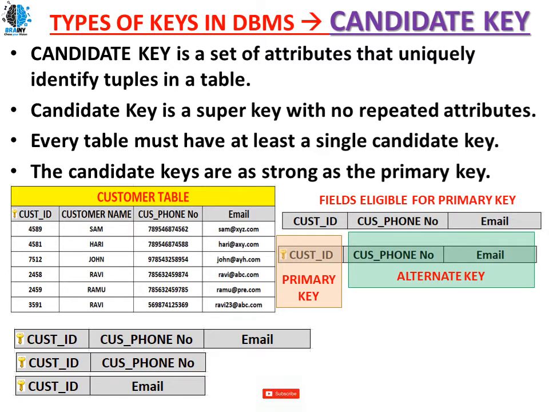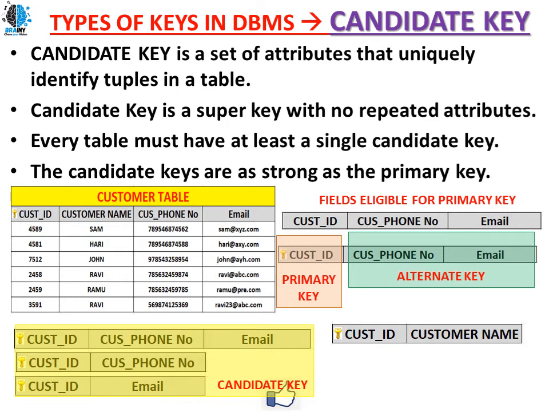All the permutation combinations I have here are along with primary key and alternate key. So alternate keys and primary keys together will create the candidate key. These are all our candidate keys of this respective table. So I can create three candidate keys in this table. Every table must have at least a single candidate key, meaning minimum one. Maximum three candidate keys I can create for this